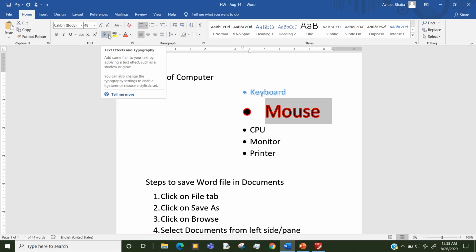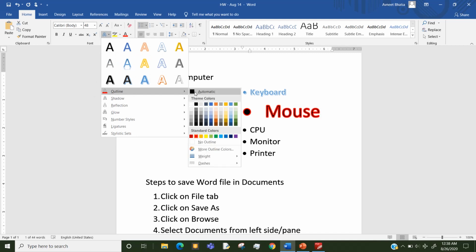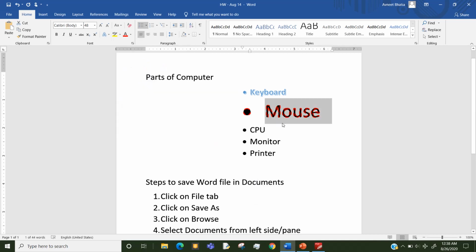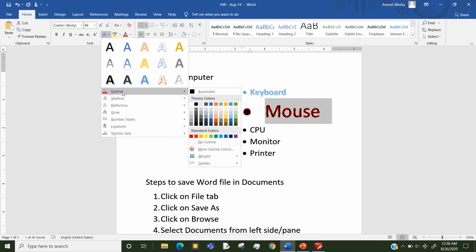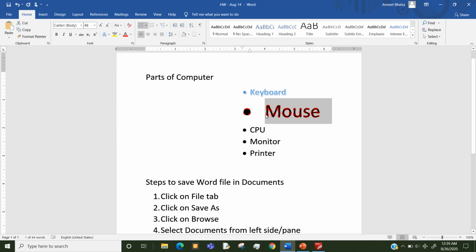And we can also change the style of outline. In the same place, just below your weight, we have this dashes option. So you can keep your cursor and see how it applies. So this is the dash style. My outline changes to a dash instead of a solid line. Okay, so I'm applying this now. After applying, later on if you feel that you want to remove this outline effect, then you can go back to the same text effects drop down, outline, and you can click on this no outline. It will remove your outline effect. I am not clicking on this because I want to keep this effect now.